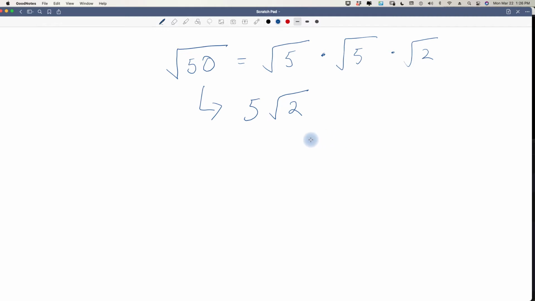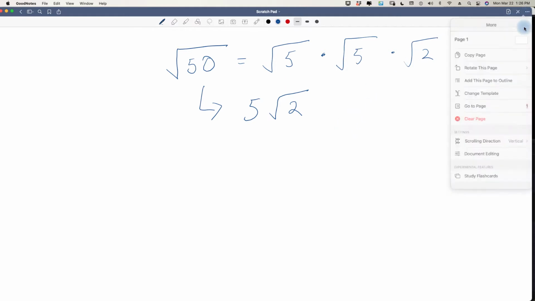Okay, so we know that's called the product of square roots rule, and it just says if m and n are non-negative real numbers, then we can pull those factors out and write them like this. That's all it is. So let's look at 84.1. Let me clear this page. We're going to use a little bit more complicated radical problem, and we're going to use that rule to solve the problem. So we're told to simplify